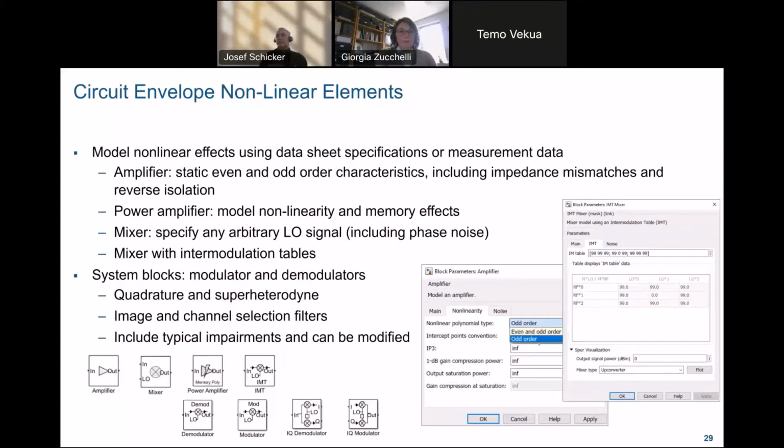You can also provide AM-AM and AM-PM characteristics. So if you have a lookup table representing the nonlinearity of your component, you can use those. If you have a mixer with intermodulation tables, you can directly import intermodulation tables in your simulation. So this is important if your mixer has spurs and you want to model the spurs' effect on your system.